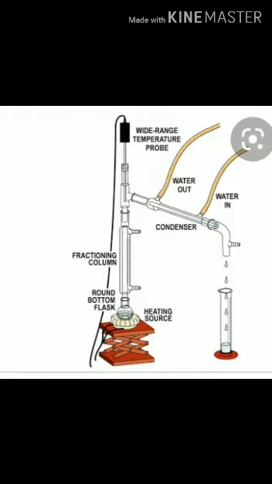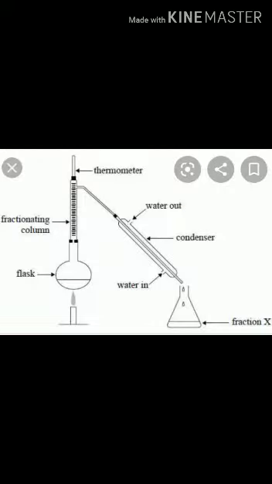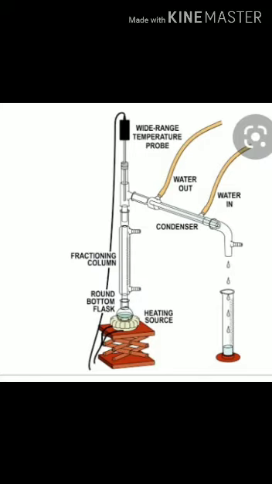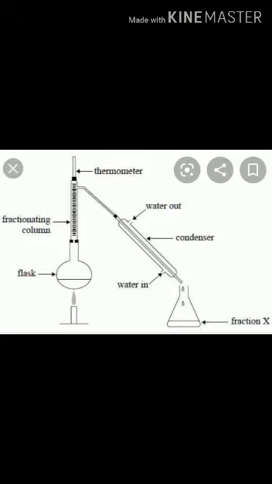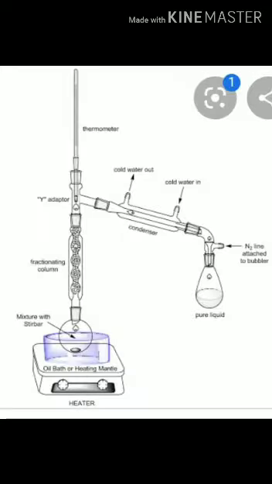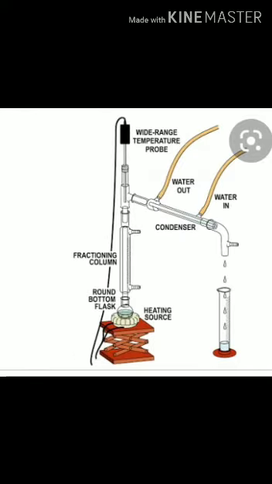As the vapor goes up the column, the temperature inside the column begins to decrease. In the mixture, the liquid with the lower boiling point passes first, rising to the top of the column and passing through the condenser. Here the vapor cools down and condenses to form liquid, which is collected in the container. The vapors of the liquid with a higher boiling point condense and collect at the bottom of the fractionating column itself.